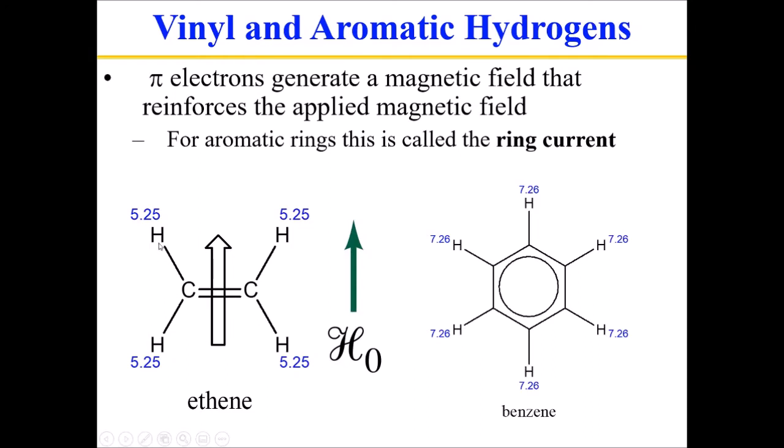Vinylic hydrogens are hydrogens that occur just on the outside portion of an alkene. So here's my alkene. The hydrogen that is directly connected to it is a vinylic hydrogen. Vinylic hydrogens show up at shift values that are oddly high. This is still a hydrocarbon, and even though it has a pi bond in it, you wouldn't expect that pi bond to generate enough electron withdrawing, electronegativity type of interactions to push this compound all the way up to around 5. It's just kind of a radical shift of the NMR value that you wouldn't expect just based